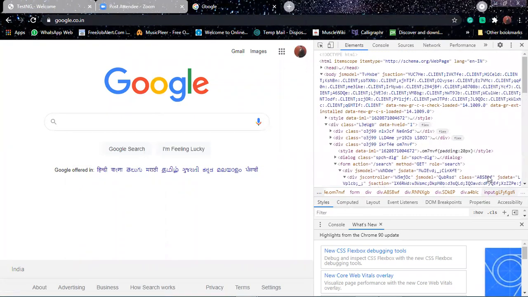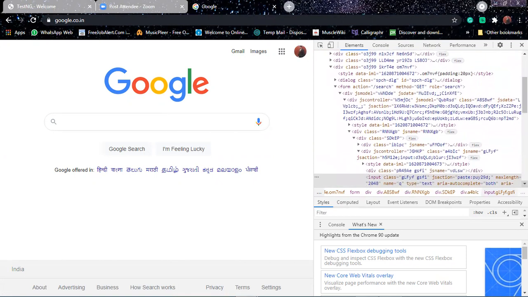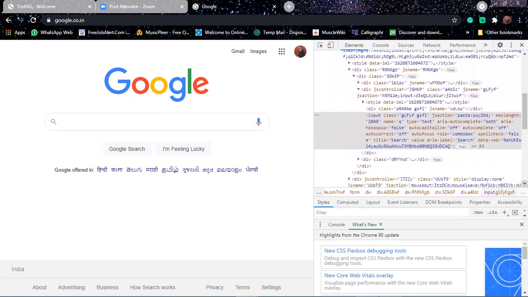up. Come down. The highlighted one is your input box. Scroll down slowly. Can you see there an input box is being highlighted in input tag? This is the actual text box for you. Can you see anything like ID there?